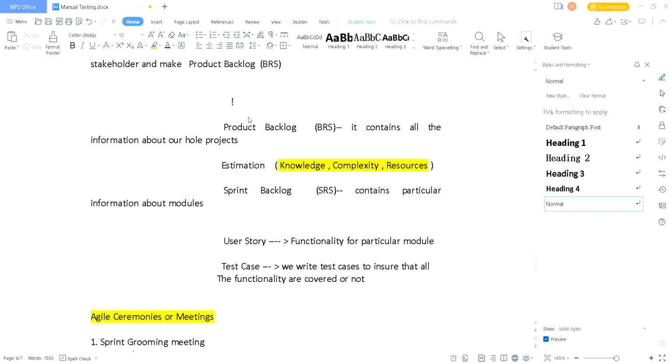For this module, all the requirements are mentioned in the user story, like the logo, the Facebook name, and this text, Facebook helps you connect. Then the email and password fields, then login, forgot password, create new account: all the information about that particular module is mentioned in